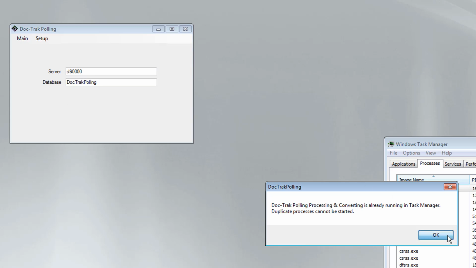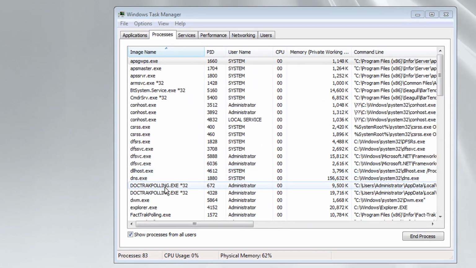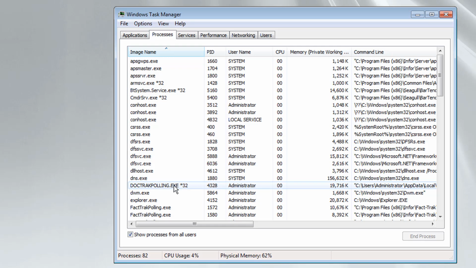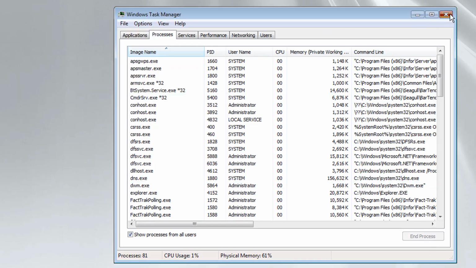Sometimes when you're troubleshooting, it's better to run polling in the foreground, which will give you some options you wouldn't have otherwise. But to do that, I'll first have to close both open sessions of DocTrack polling. And then reopen it in the foreground.